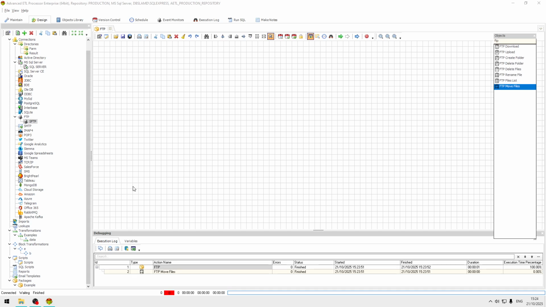Let's say, for example, we would like to move files from one remote FTP folder to another. We can easily automate this process by using the FTP Move Files action. Just drag and drop it,